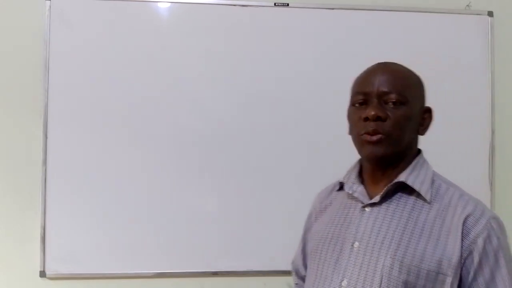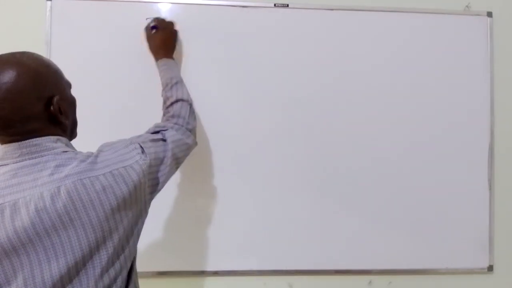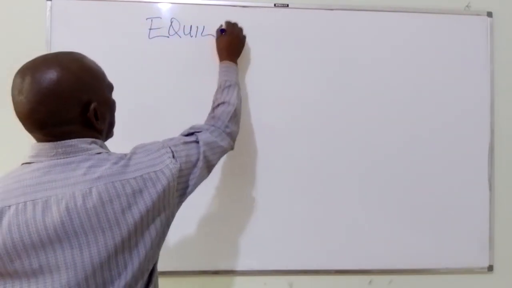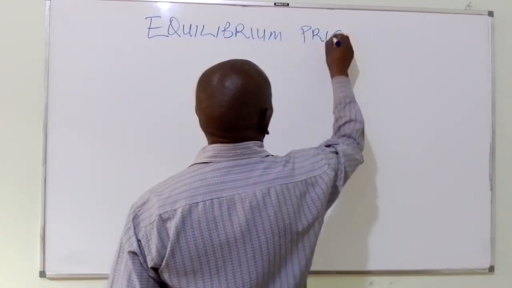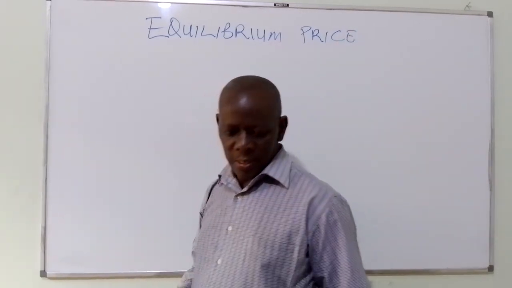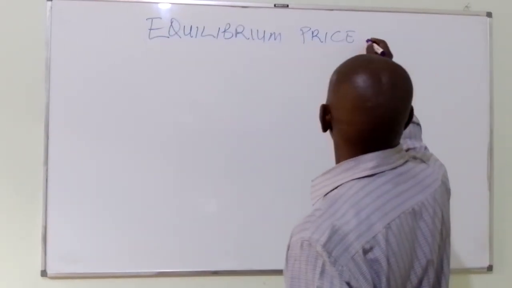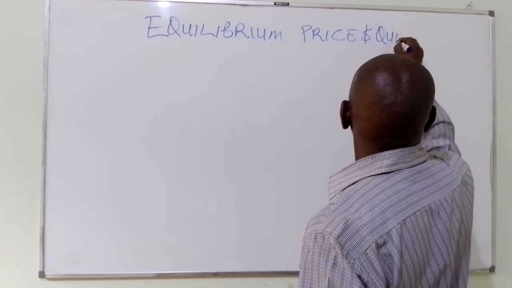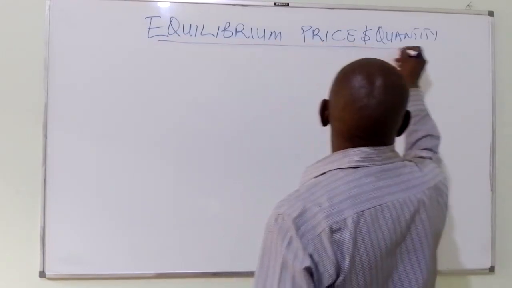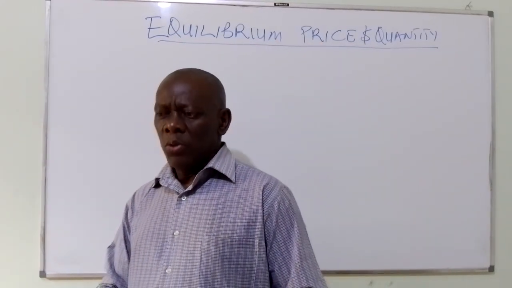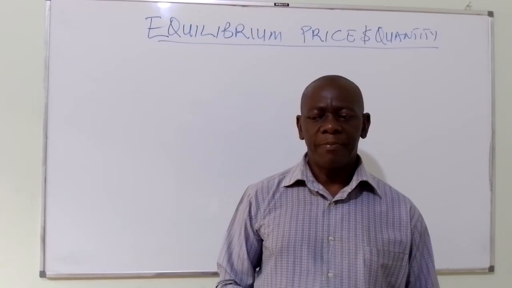So at this time, we want to look at something called equilibrium price. Sometimes we add on equilibrium price and quantity. Under the price theory, we looked at the demand theory, and we